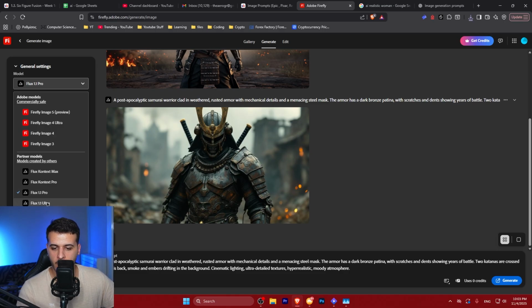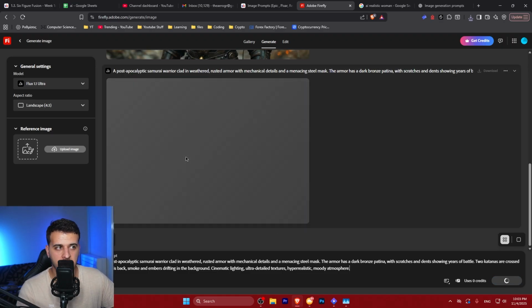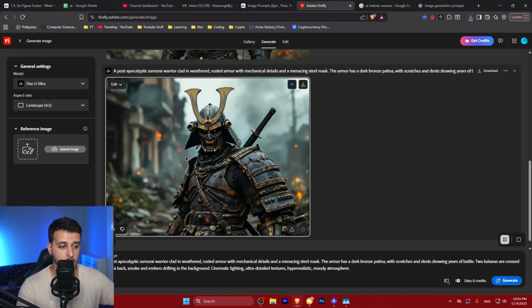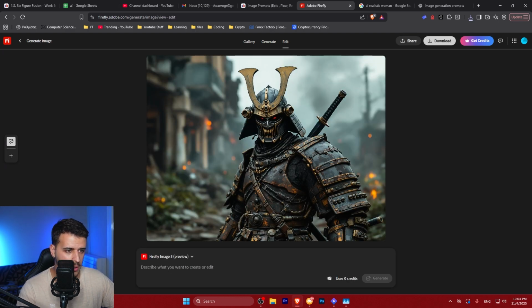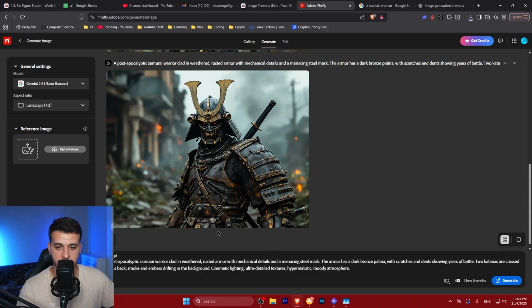Let's go with Flux 1.1 Ultra. We're just checking out image generation models at this point, and we got two other amazing prompts with different styles. We got a fully realistic generation of a portrait of a woman, and we also have a picture style angel generation. So let's play around with the model, and I gotta say, this from Flux 1.1 Ultra doesn't really look that great to me. It's not really bad, but it really is not what I wanted and what I expected. Let's go ahead and check Gemini 2.5 Nano Banana in this case to see if it's actually